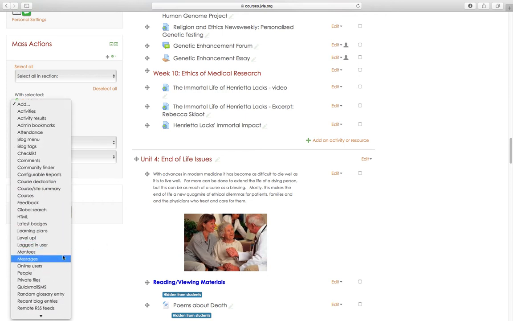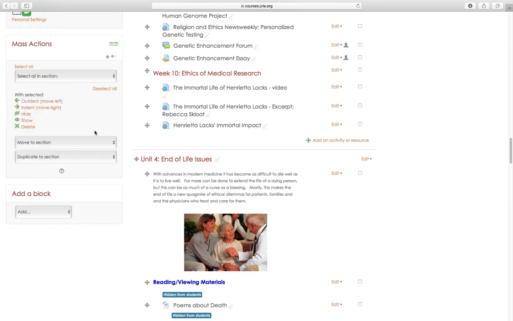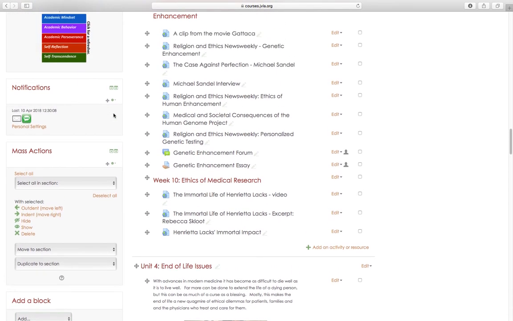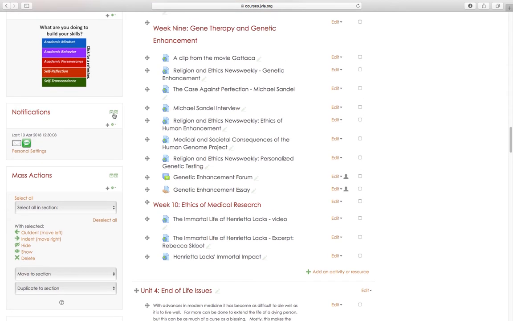Now you don't see it right now. It should be somewhere around here because I've already added it to this course. So then I've got this block, mass actions, and this block only appears when editing is on. What this does is it gives me a way to do